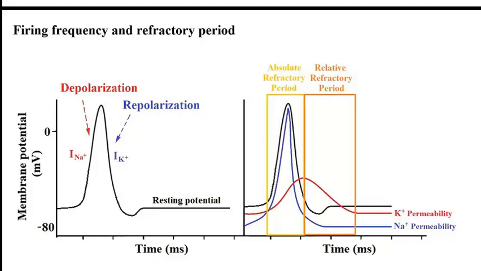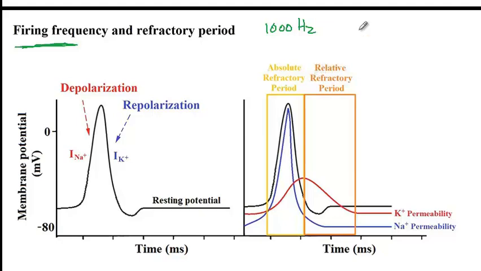It can induce multiple action potentials. In fact, the frequency of firing reflects the magnitude of the depolarizing current that has reached that nerve cell. But then there is a limit to the maximum firing frequency, which is 1000 Hertz. And the reason for that is that once an action potential is initiated, the cell needs some time in order to recover and initiate another action potential. So therefore, this is referred to as refractory period, where the cell is limited in initiating the next phase of the action potential. So we have two types of refractory period.